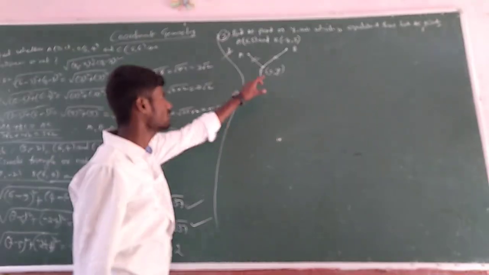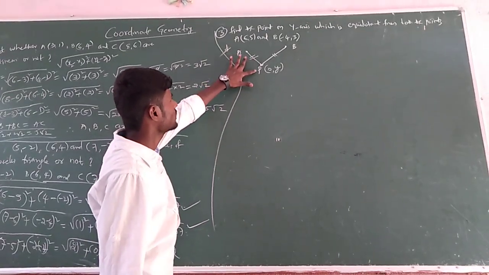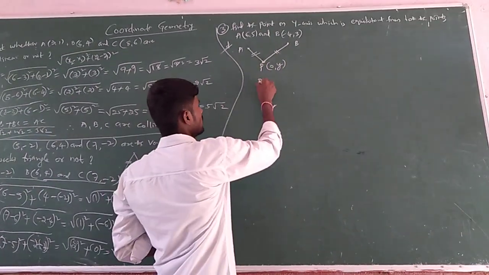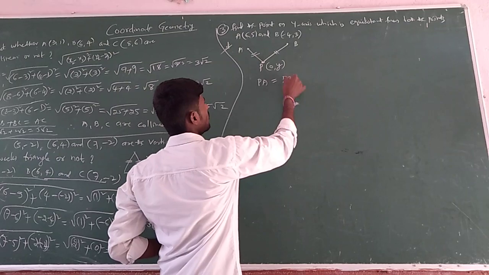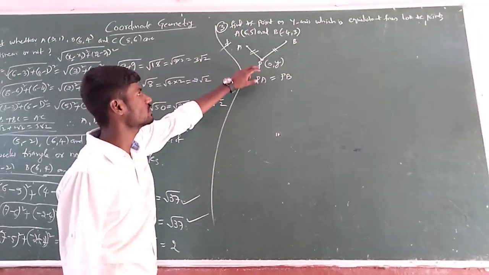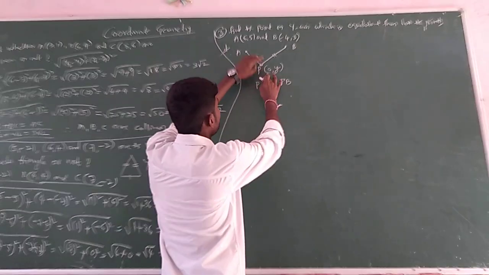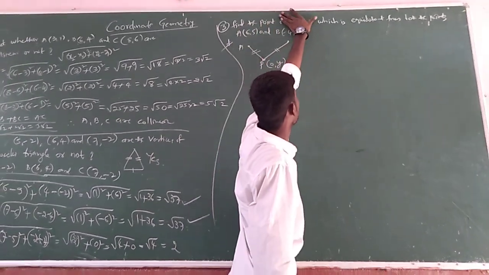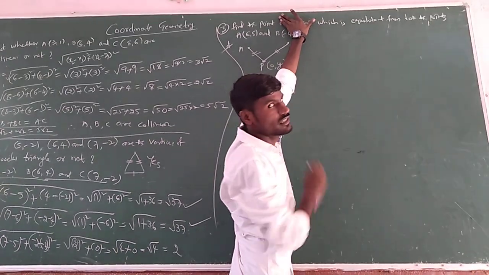That is the clue. If you observe what is the meaning, from P to A distance equals P to B distance. This is the clue you are going to apply. PA equals PB. Simple. Have you understood? And in some problems they may ask, suppose, find a point. Suppose here, instead of find the point on y-axis, they do not mention it. So find the point. That's it. Find the point which is equidistant. In that way also they may ask.